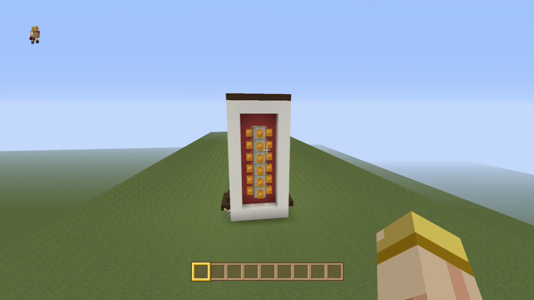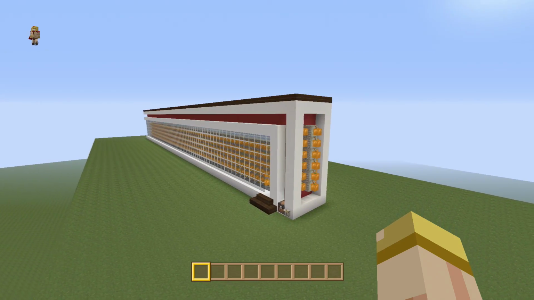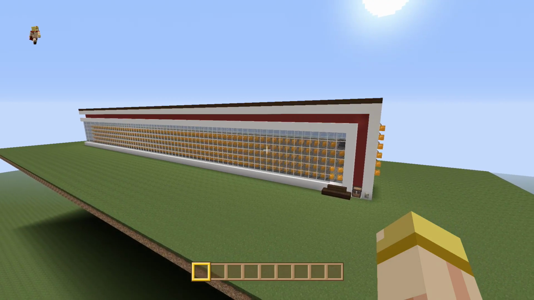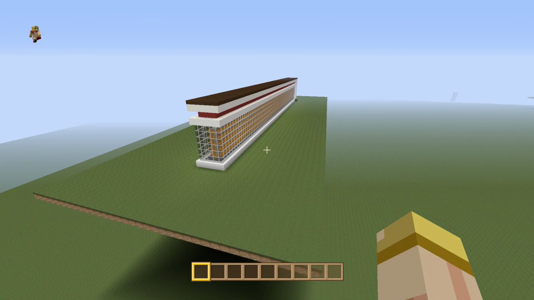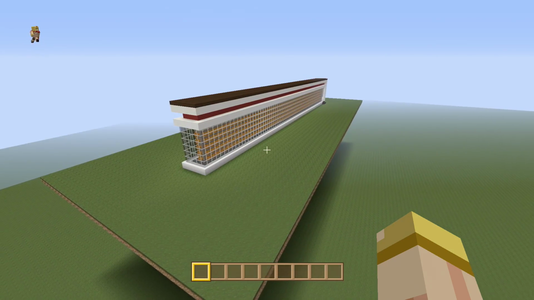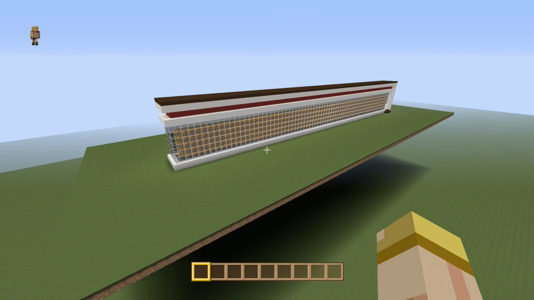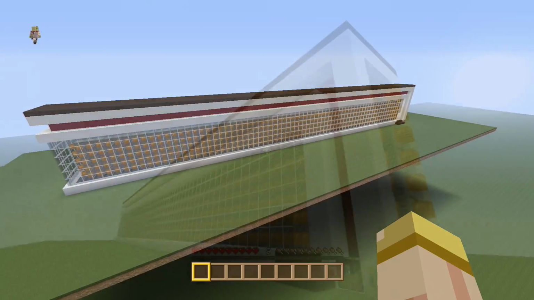Hey everyone, this is Ken, and today we're going to be doing a tutorial, guys, on a modern, brand new cocoa bean farm. Now, what's great about this bad boy is that it can be made to any size, and once again, guys, it is lag-free due to the fact that we're not using all the pistons all at once, and you have adjustable speeds. So if you need to slow this down, you could,